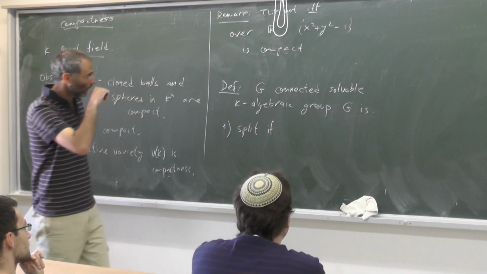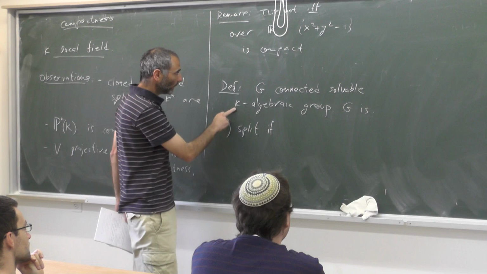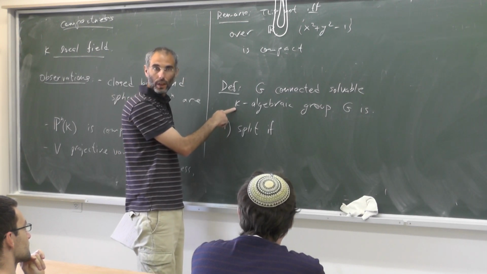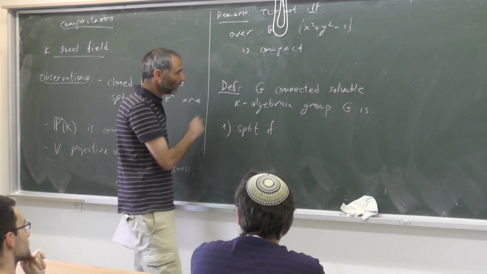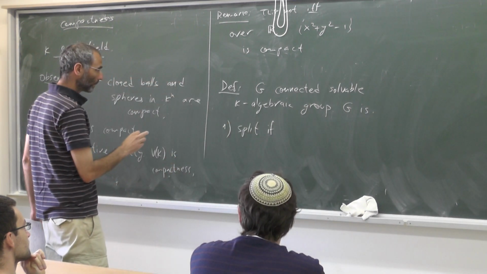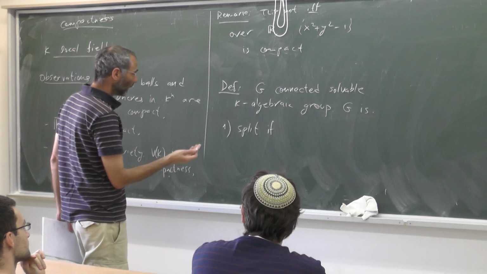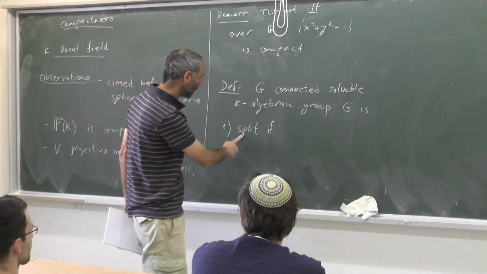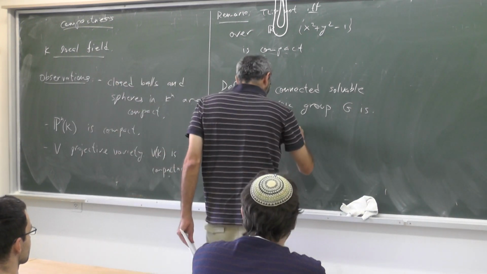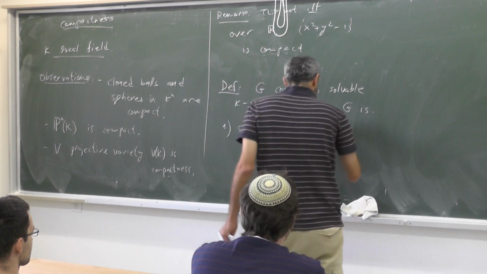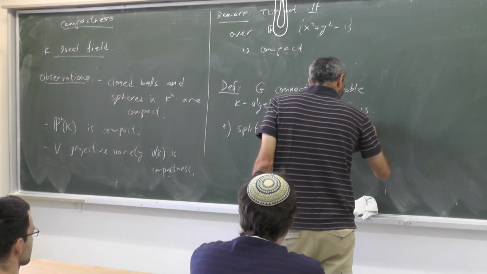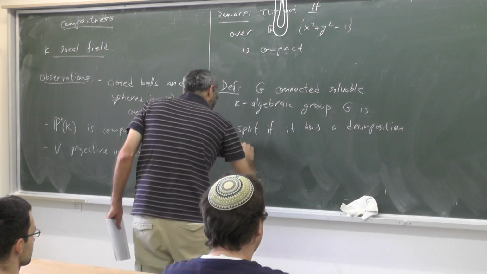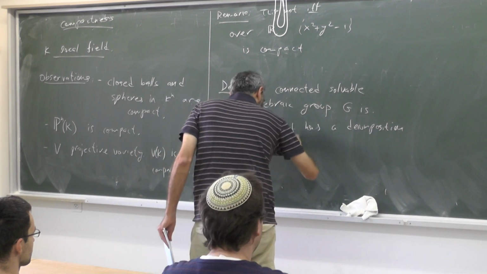And if G is a K group which is solvable, I can always find such a decomposition series which is defined over K. And the subquotients will be abelian, but I want more. I would say that G is split if it has the composition series defined over K